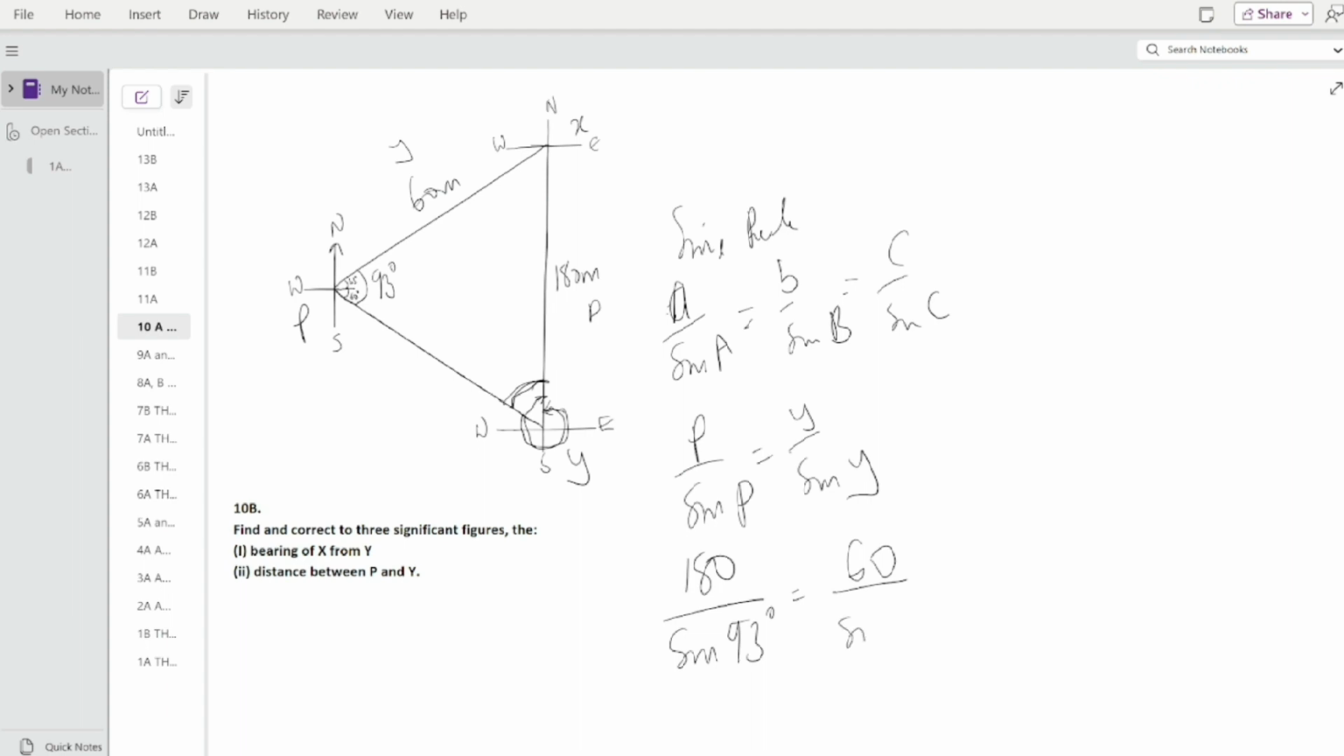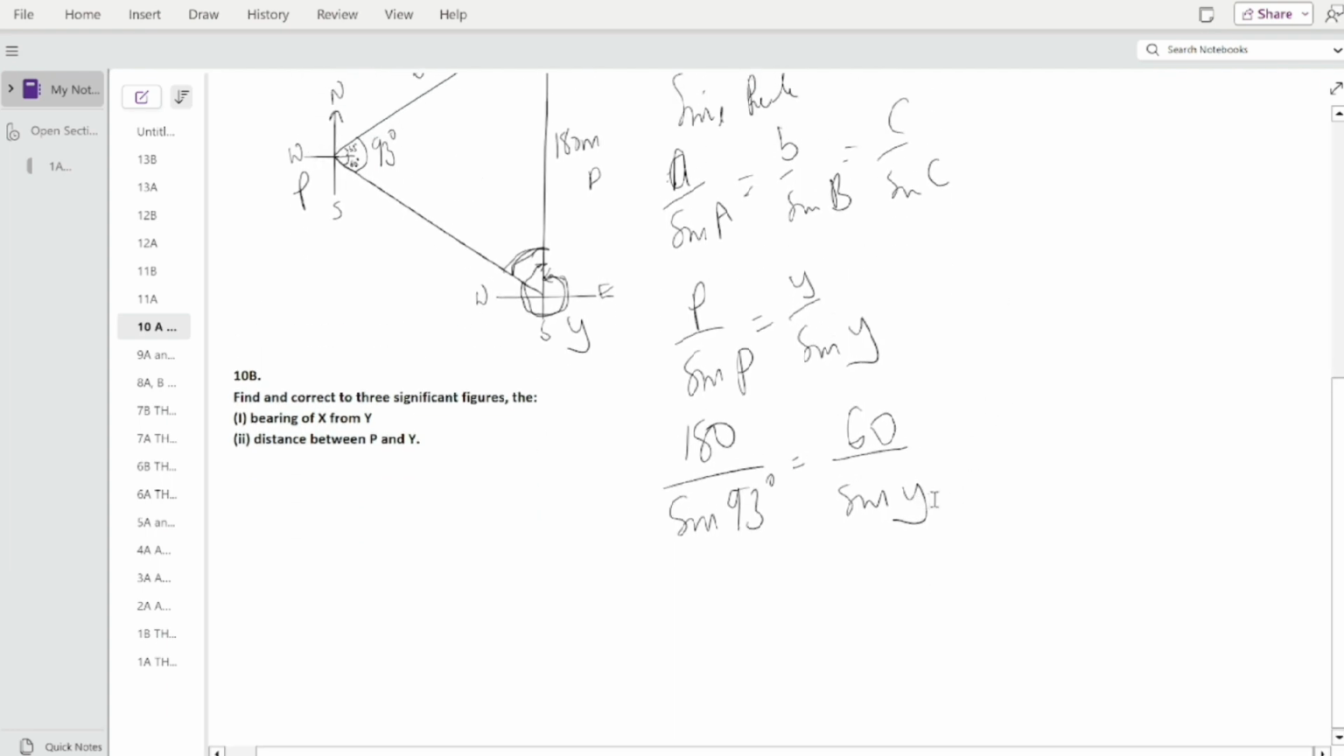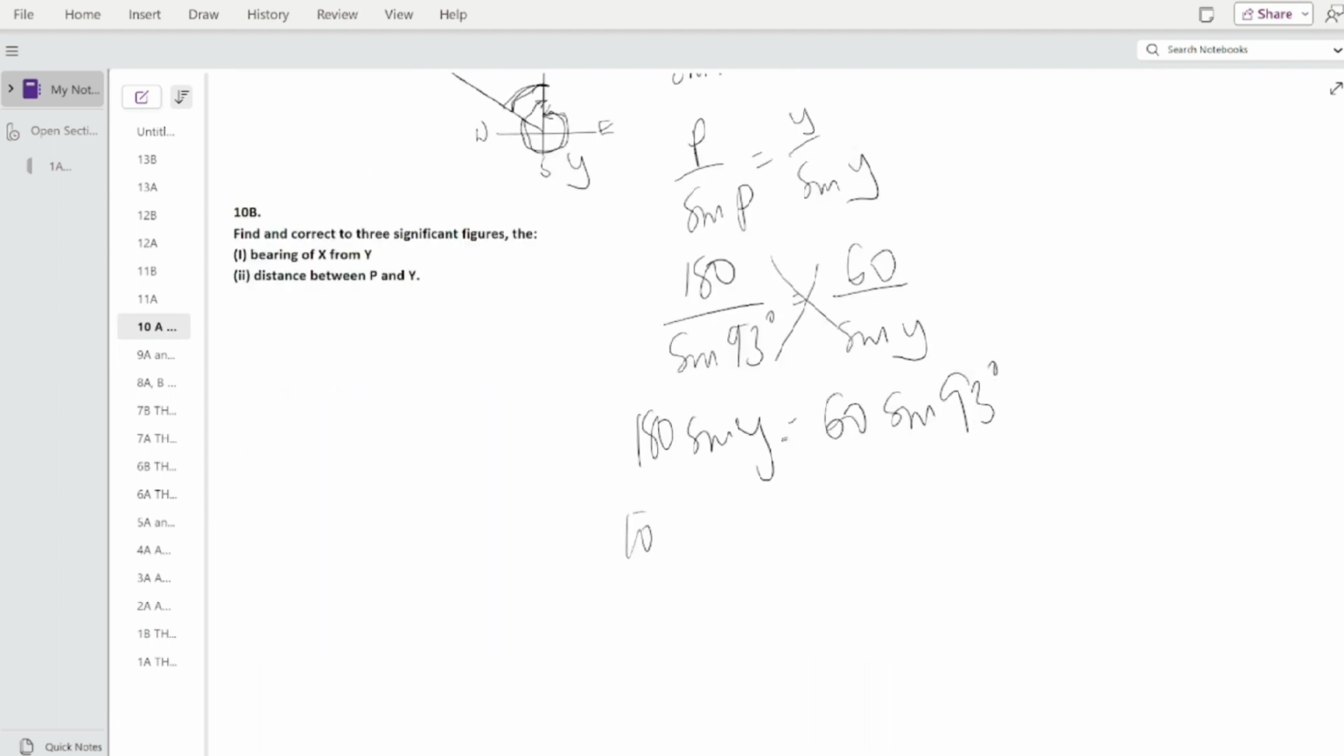60 over sine Y. We don't know the angle Y that we're looking for, so we can find our angle Y. Cross multiply like this. We have 180 sine Y equals 60 sine 93 degrees. 180 times sine Y equals 60 times sine 93, which is